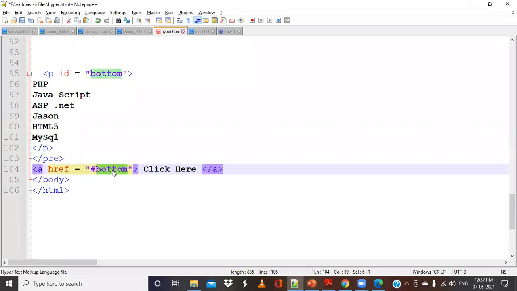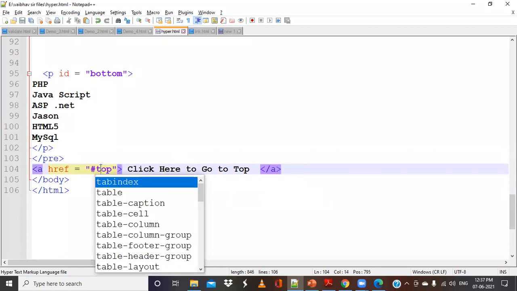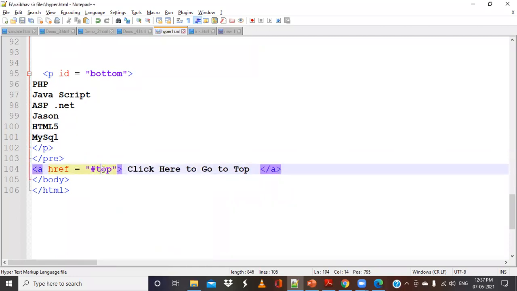Here I will say top, and now here I will say click here to go to top. Now I have created this as top, in small letters. These are like variable names you give in a C program. So you can give anything, but give it a proper meaning, similar to the variable names you give.